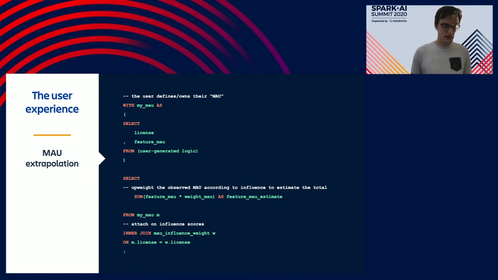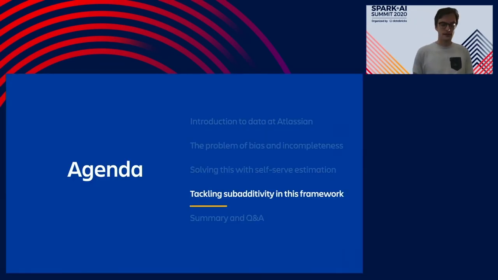But hopefully you see that it's very easy to create estimates of active use, despite the complexity of the world that they're living in: biased and incomplete data, plus trying to estimate a subadditive metric on top of it. I also won't go back to the earlier slides of properties, but thinking through some of those on the right, like consistency and accessibility, you'll find that this method satisfies them in the same way that it did before. So thanks for sticking with us this far, and we'll move into our summary and Q&A now.